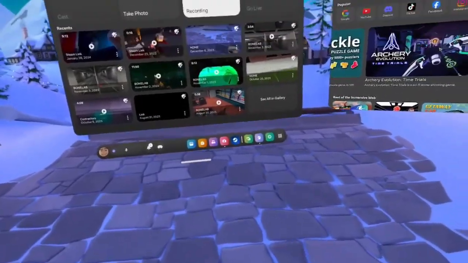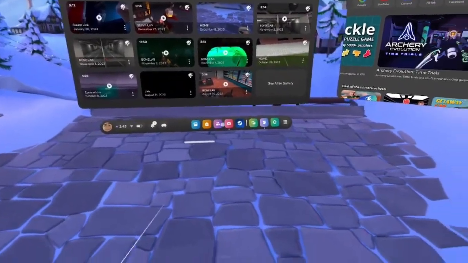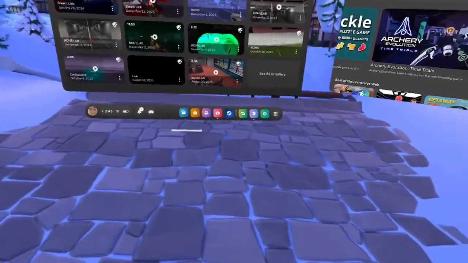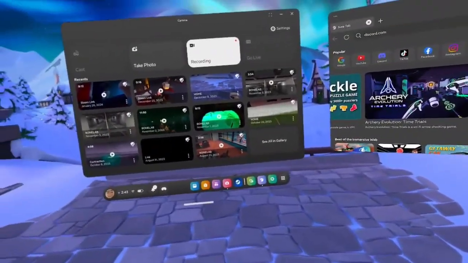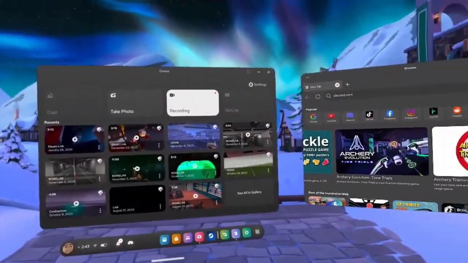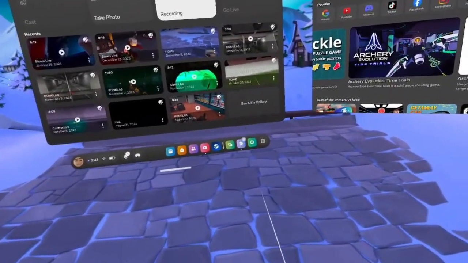Hey everyone, in today's video, we'll be showing you how to access Discord.com on either the Meta Quest 3 or, for me, I'm using the Meta Quest 2. So if it works here, it'll be able to work on the 3. Now, what you want to do is, once you're in VR, you want to open up the Meta Quest browser